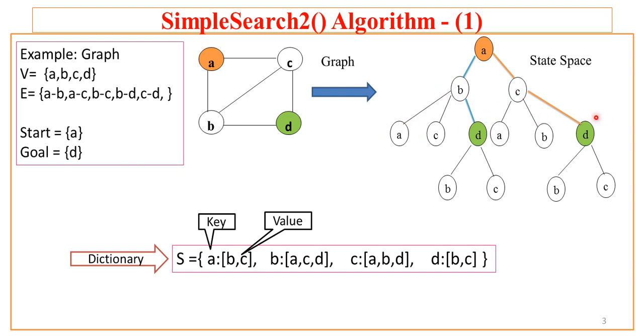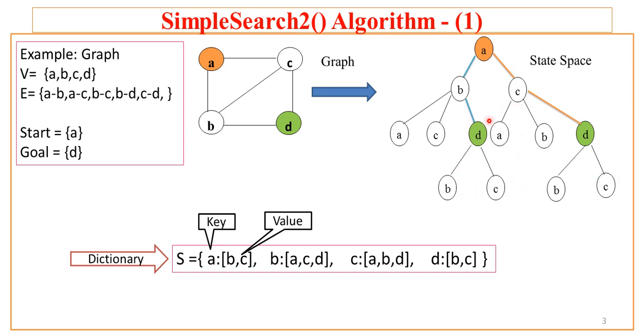At the next level of the tree, the immediate successors of B and C are given. B has immediate successors A, C and D. These are the nodes directly connected to B, and these are also children of B. That is represented here. For C as well, it is A, B, D. Now D is appearing at 2 points as it is part of B and C as well. So D has immediate successors B and C, which are lying at the next level.